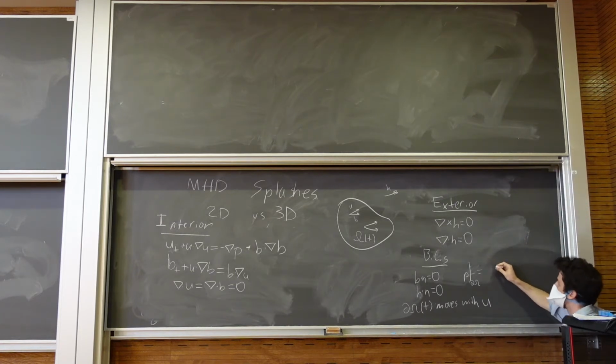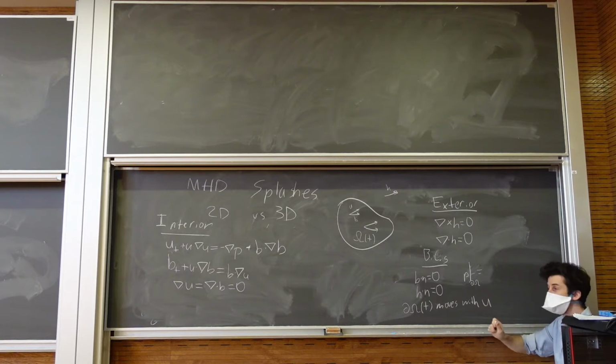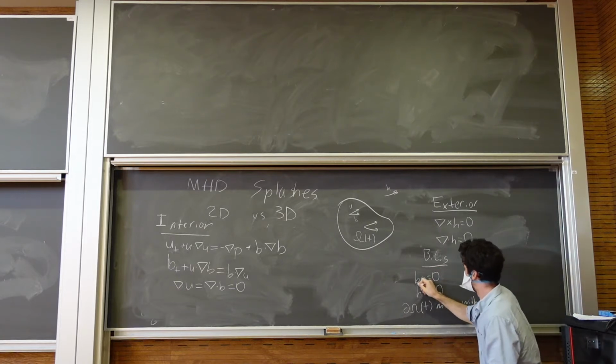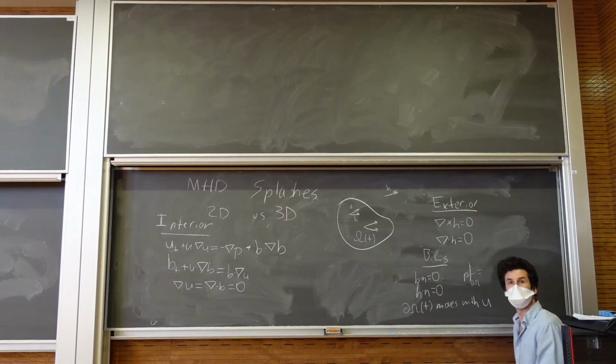Is this still visible here for everyone? Okay. So is it B dot n equal to 0 and H dot n equal to 0? That's correct, yeah. Okay, and then just, now that I open my mouth,